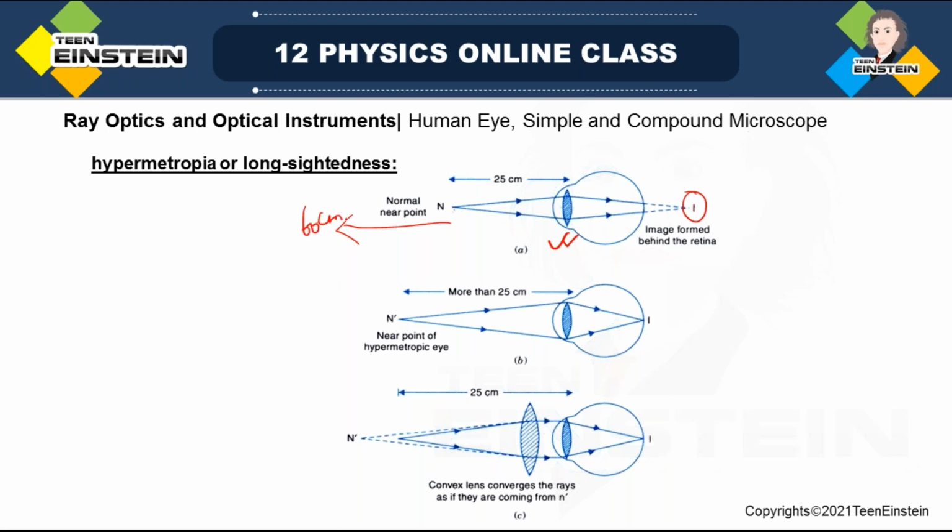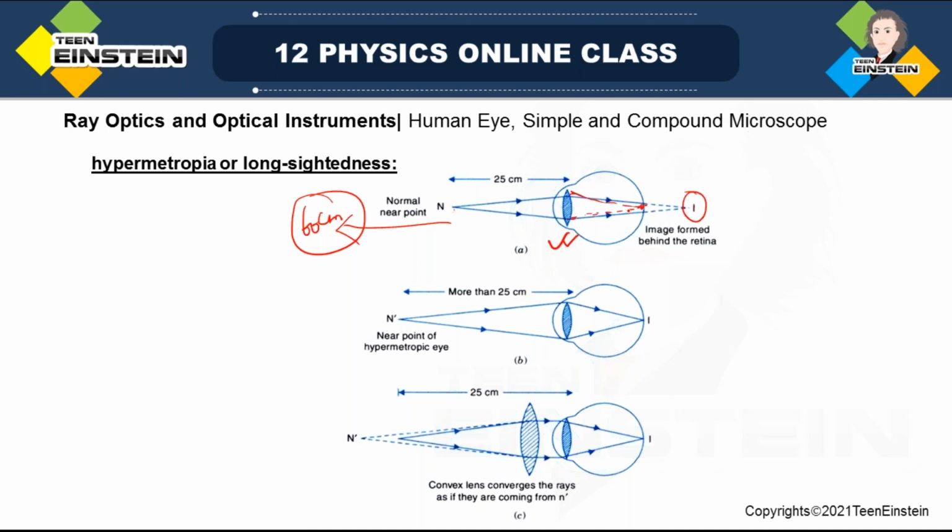Maybe they can see from 60 centimeter. That is their near point. Then what you have to do? The rays are meeting far off, beyond the retina. You should make them meet on the retina,